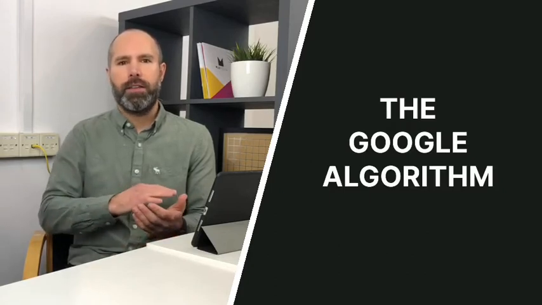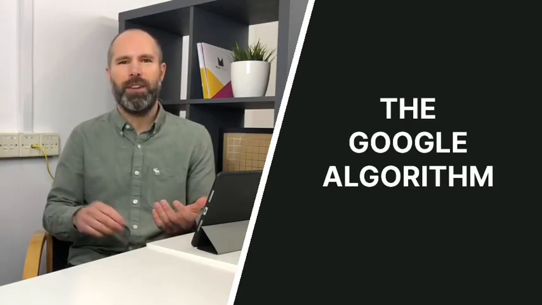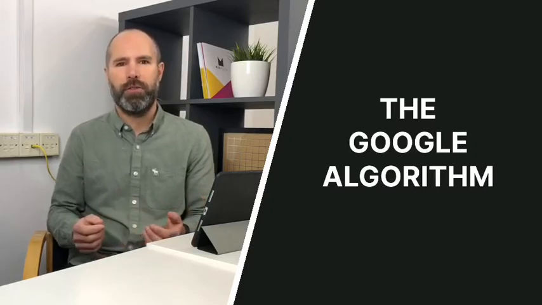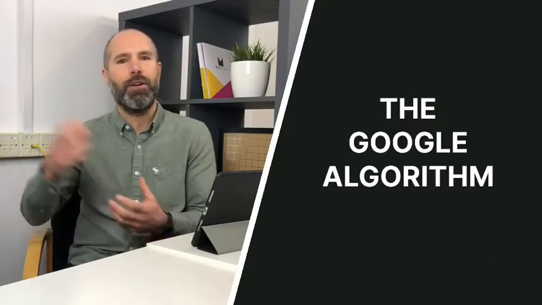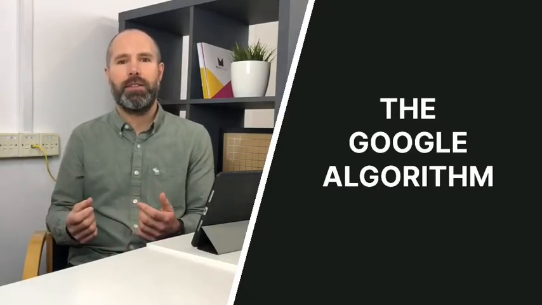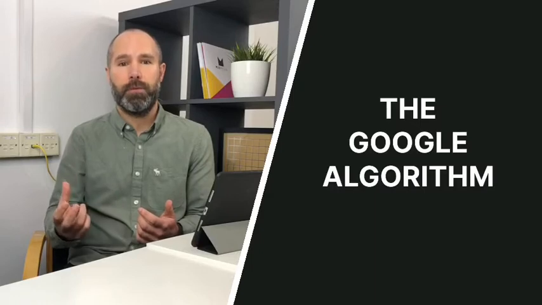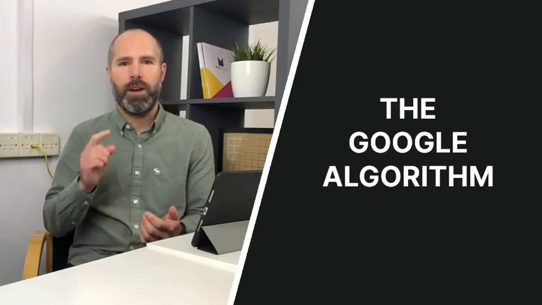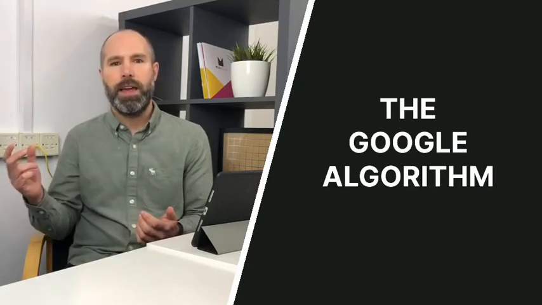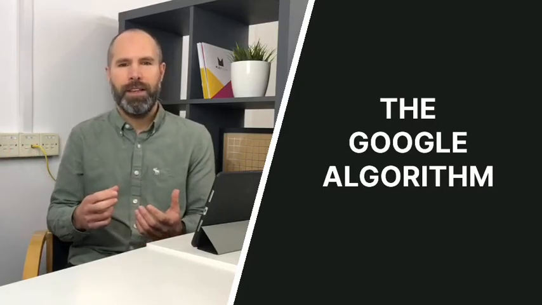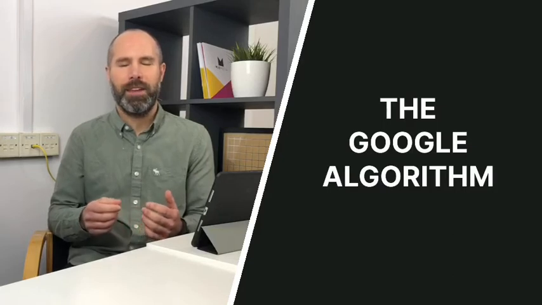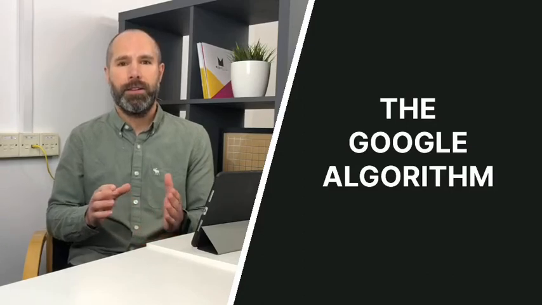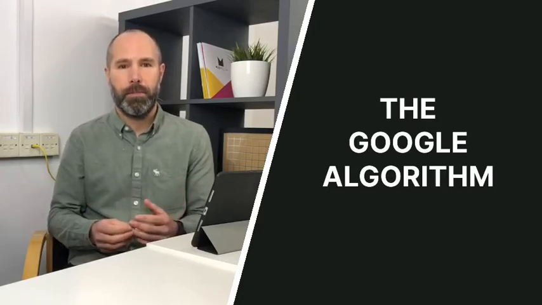When someone has a search intent, they type something into Google, they're generally asking for an answer to a problem or an answer to a question they've got. And Google basically looks at all the content that it's got and presents what it feels is the best result for that person. And Google's job is done when someone clicks on one of those results and doesn't come back. So it's worth noting, Google's aim is actually to serve the searcher. They don't care about you, your website. Their aim is to give the best result to the person searching.